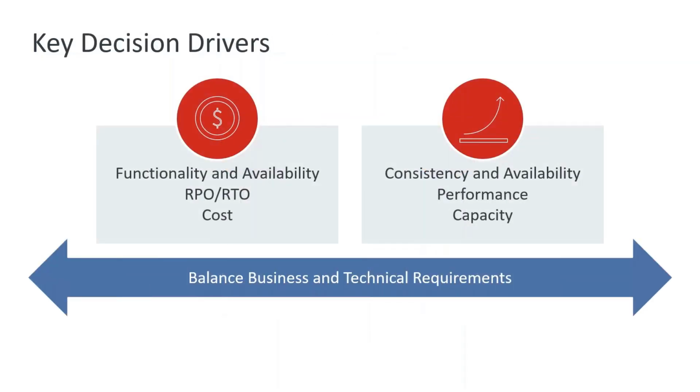And then, the key things that are driving the decisions, like anything else in IT, are going to come down to the financial side: what is the cost going to be to get a certain level of RPO, RTO, functionality, and availability? And then I can look at it from the technical side and say, to run the application, how am I going to get my best performance, my best uptime, and what kind of capacity am I going to need?